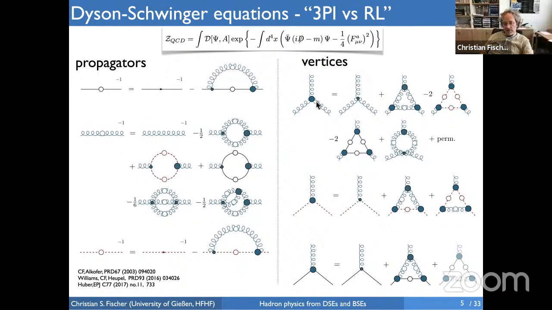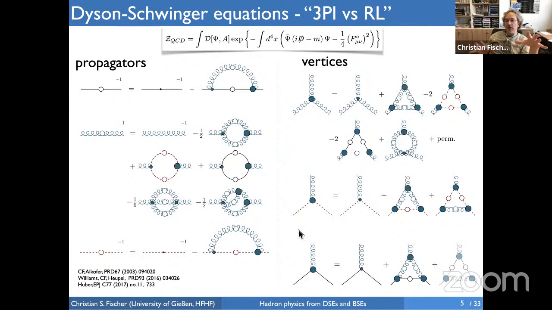And this I've already done here. If you have a close look, for example, at the equation for the quark-gluon vertex, you see on the right-hand side, we have the bare one. We have a diagram which involves 2 gluons and again a quark and 3-gluon and quark-gluon vertices, and another one which again just involves these quantities. The original equation already involved a 4-point function, but I have approximated this 4-point function by a so-called skeleton of a quark and 2 fully dressed vertices. And in this way, I managed to close these equations.